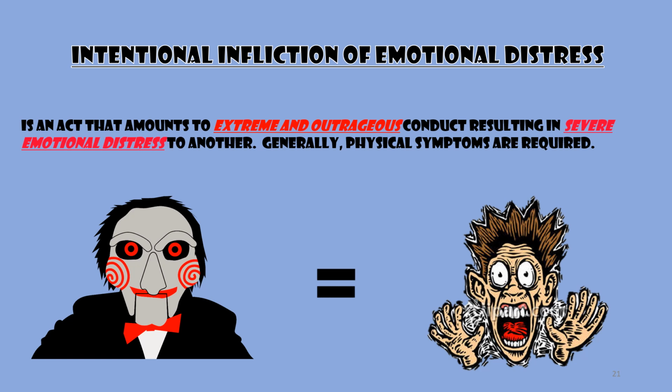So it can't be anything that's normal, like you have a boyfriend or girlfriend, and every day you look at him, dummy, dummy, dummy. You so dumb. I don't know why I'm with you because you so dumb. And the person has a nervous breakdown because you call him dummy every day for 6 months. Is that extreme or outrageous? The answer is no. The courts wouldn't find that to be extreme or outrageous because calling somebody dummy is not that bad.